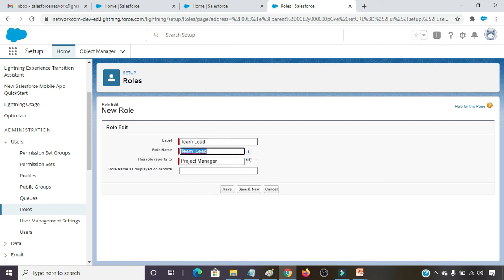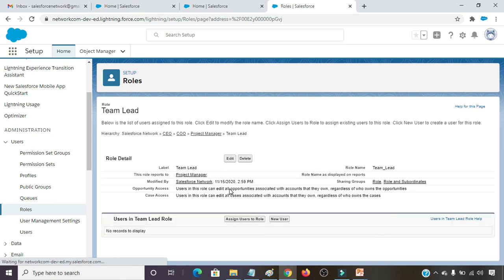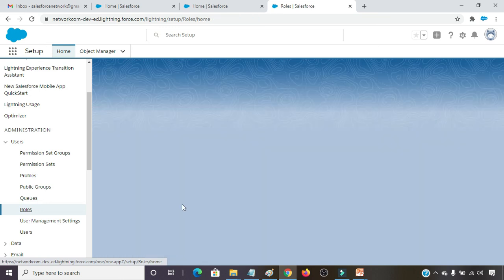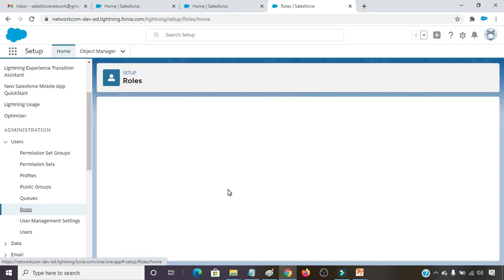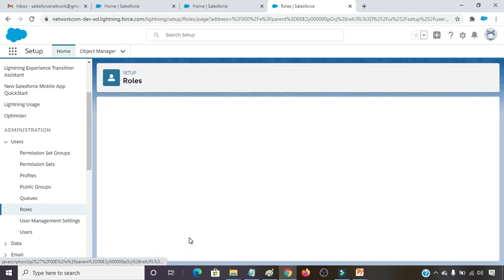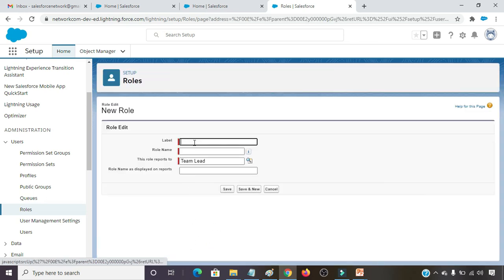Team lead is going to report to project manager, and under team lead I am going to create one more role by the name developer. Under project manager, team lead is there. Under team lead there should be one developer. So clicking on add role, developer. Developer is going to report to team lead, and clicking on the save button.